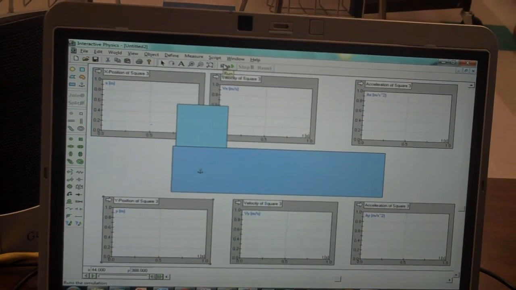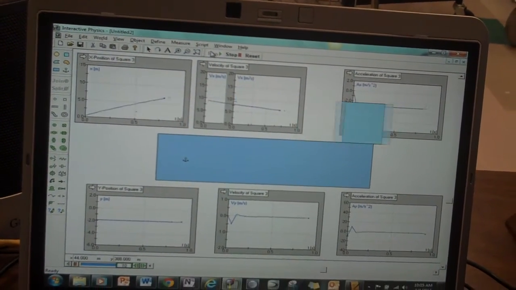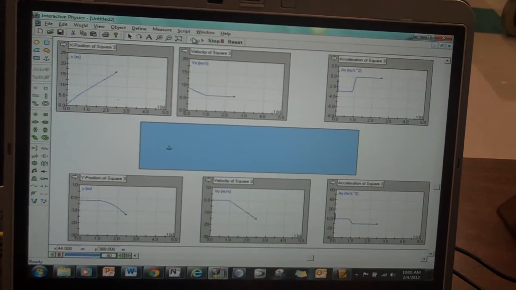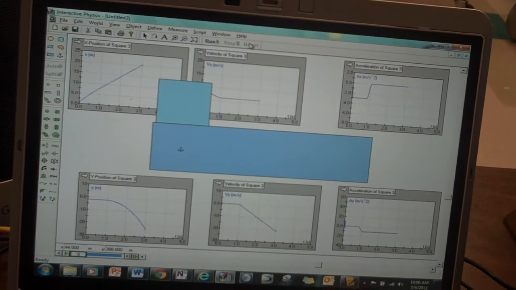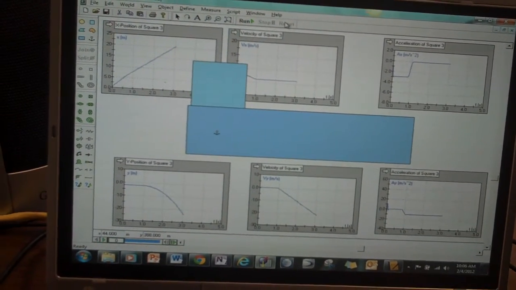Anyway, watch this. If you hit run, like this, you're going to see all this graphing information. Now you can hit stop and reset. If you let it go for a long, long time, it's going to make a huge graph. But what I want you to think about is,